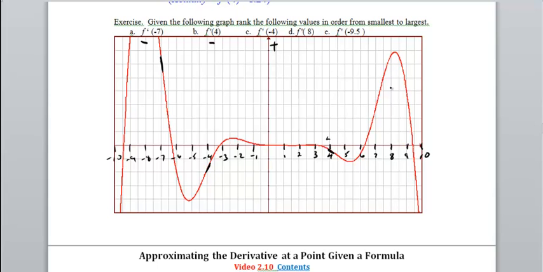At 8, we're right here. That one is also a positive slope. And at negative 9.5, we are right in here. That's also a positive slope. So certainly positives are bigger than 0, and negatives are less than 0. So let's look at the positives first. We're comparing the sizes of the slopes here,